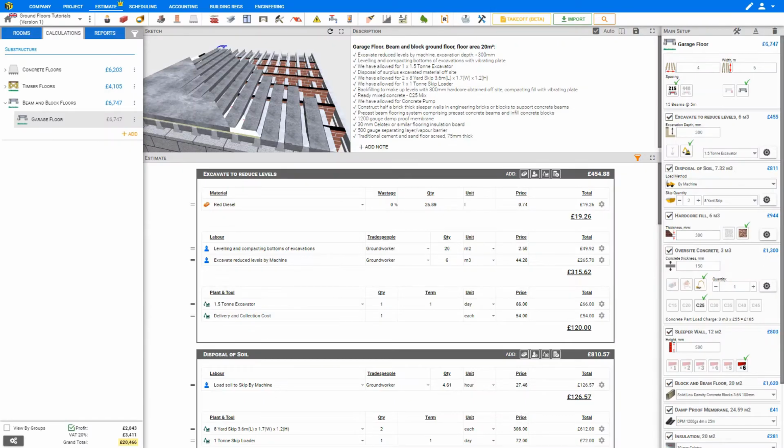There may be times that rather than estimating a whole floor including the structure of it, you'll only be simply refurbishing the existing, and perhaps replacing the screed layer. So for that, Price a Job has a module here within the ground floors category in the module toolbar, and then you can select Screed